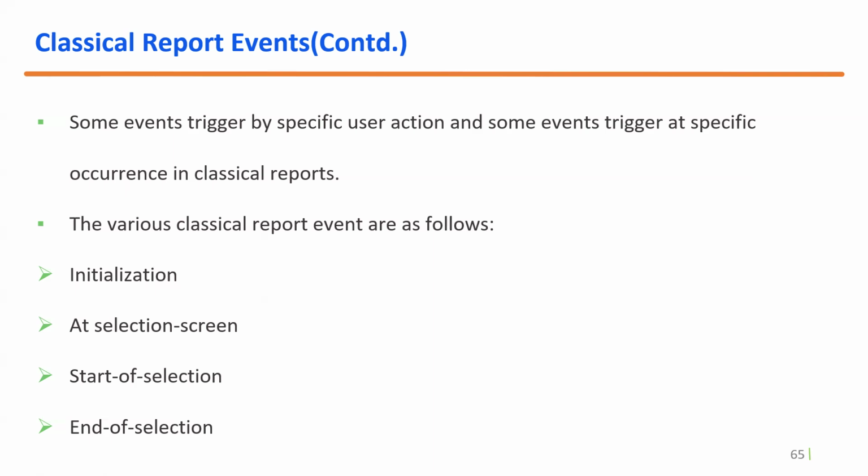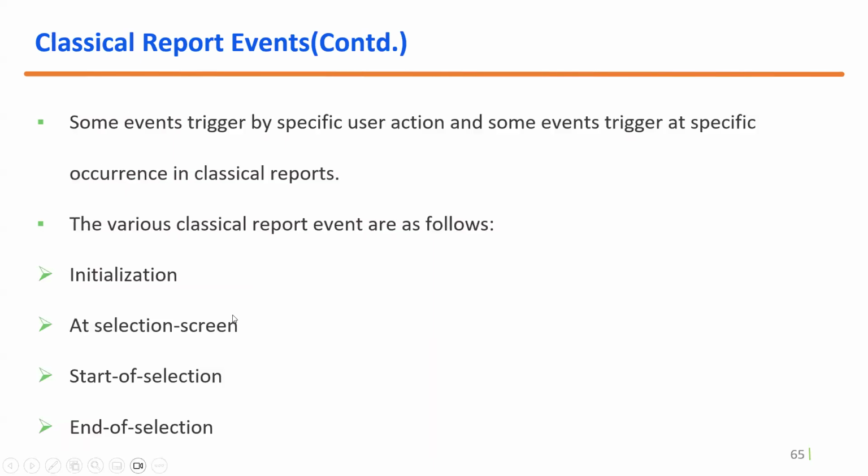So an event is nothing but, whenever we perform any action, it will be triggered, or else whenever it reaches a certain amount of time, it will be triggered automatically. So an event can be triggered either when we perform an action or when a certain time is reached. So there are two ways an event will be triggered. Any user action, for example,